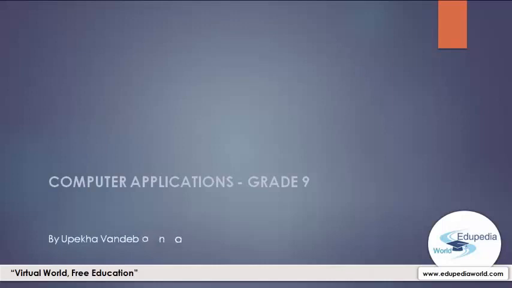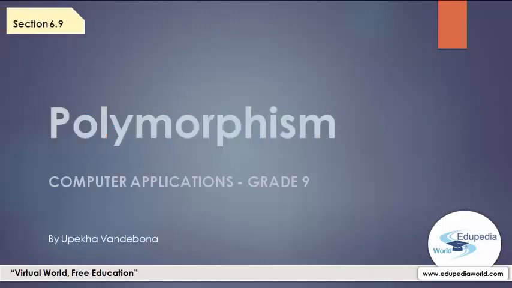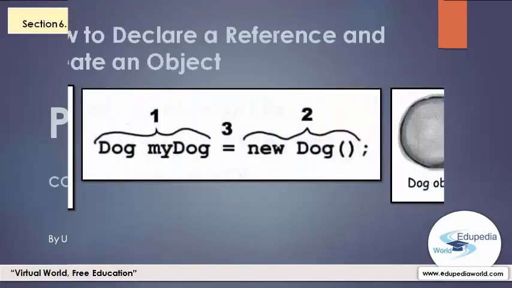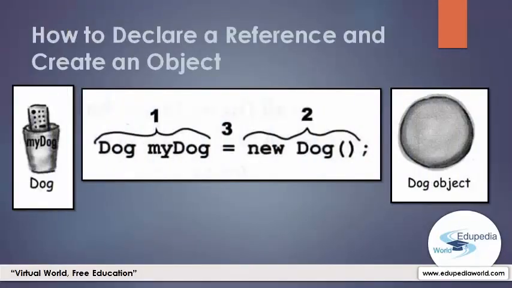I'm Upeka Vanjibona, and from this episode we are talking about another object orientation principle, polymorphism. To see how polymorphism works out, first we have to step back and look at the way that we have normally declared a reference variable and created an object. As we have already covered this, let's do a quick revise on the 3 steps of object declaration and